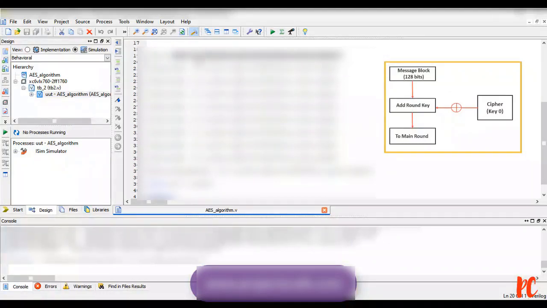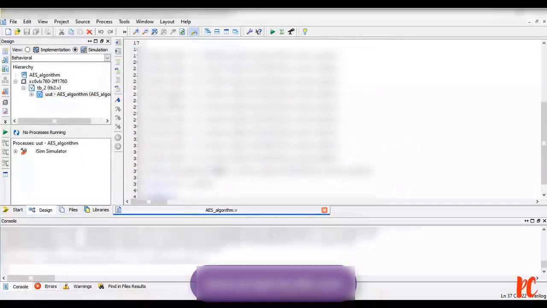This is because as said earlier, we have 3 categories of round. First category is the initial round stage, which we consider to be round 0, where we are going to just perform the XOR operation of the cipher key along with the plain text. Second is the main round, which comes from round 1 to round 9, and the third is the final round, which we call round 10. If you want to elaborate more, you just click on the plus symbol here, which internally says that within this there are different submodules being instantiated.